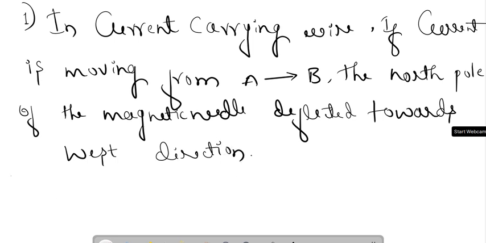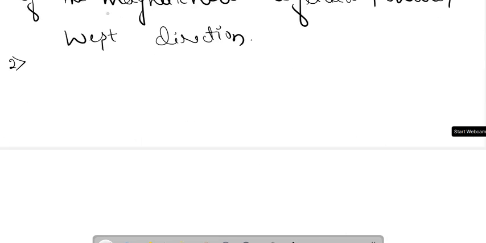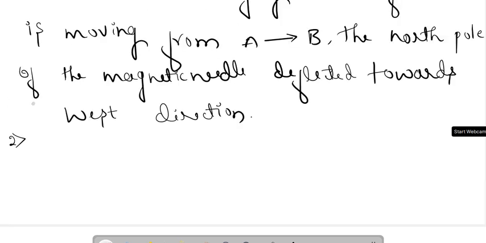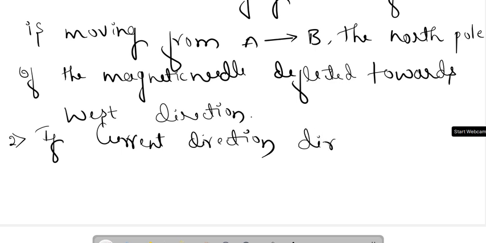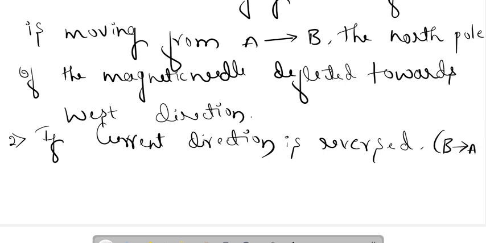So west direction, this is one point. And also suppose in reverse, if the current direction is reversed, that is from point B to point A,